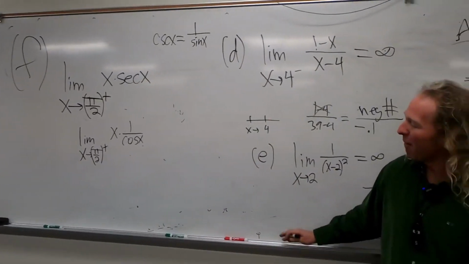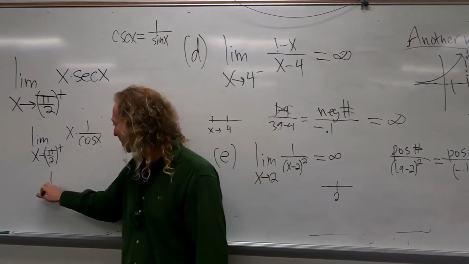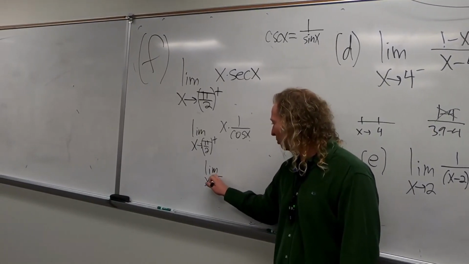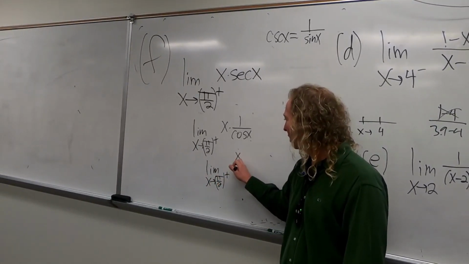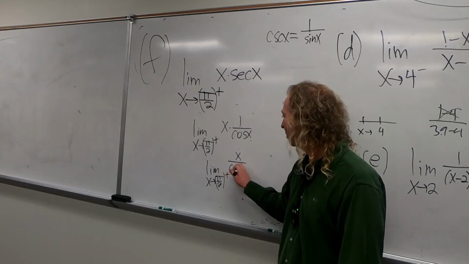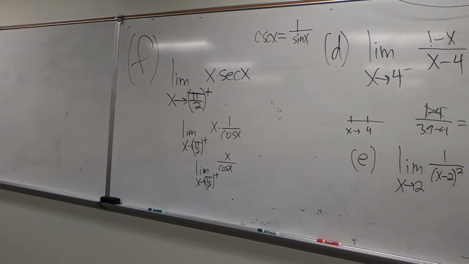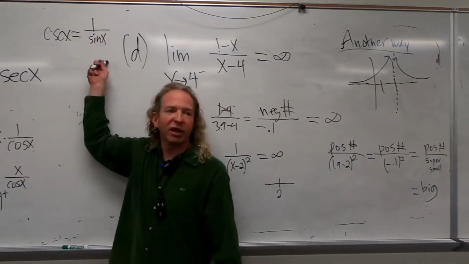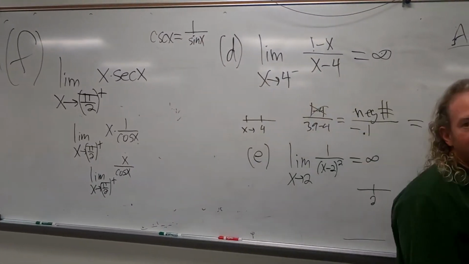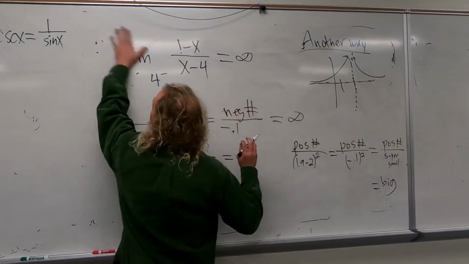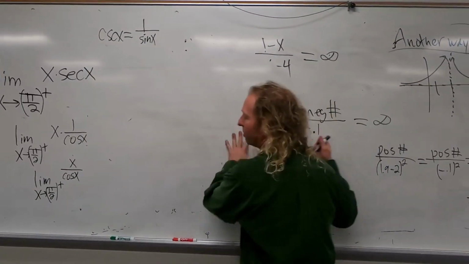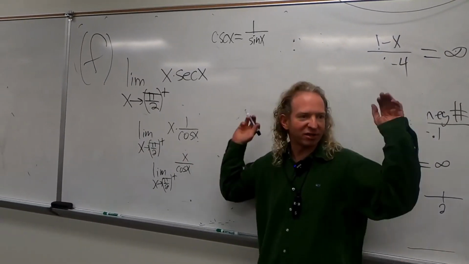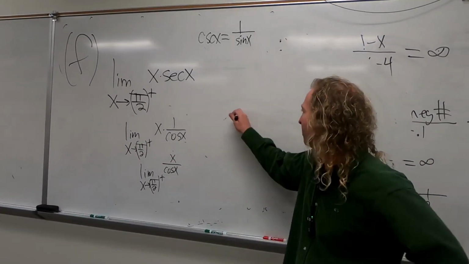I'm going to rewrite it again. That's bothering me. I'm going to write it like this. So basically, we are rewriting it in a way that will allow us to think about it a little more clearly, right? So if it was cosecant, it'd be 1 over sine, right? Okay, so up top, it's going to be simple, right? What type of number are we going to have up top? Positive or negative? Positive, yeah, positive. So I'll put POS number.